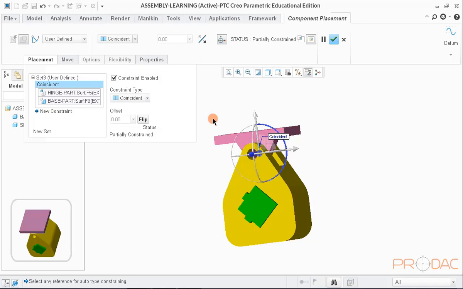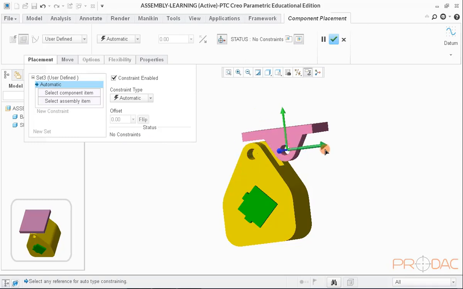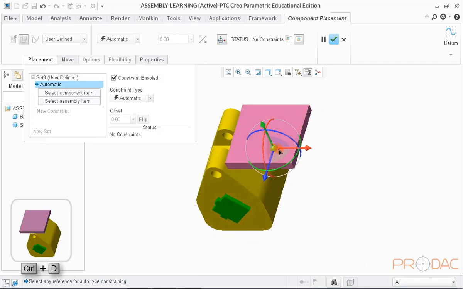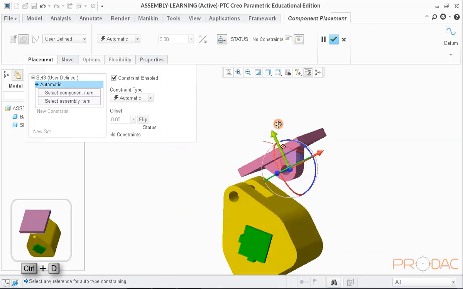Next, we'll do this mating by using axis, so we'll delete the constraint now. For deletion, right-click on the constraint type in Placement window and choose the option Delete in pop-up menu. Since there is no constraint between component item and assembly item, we can pull the component item away. Next, switch on the axis display.